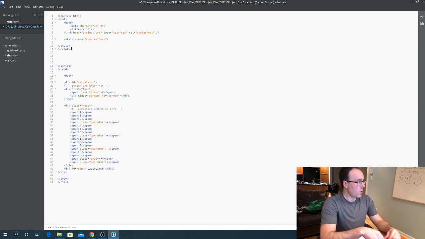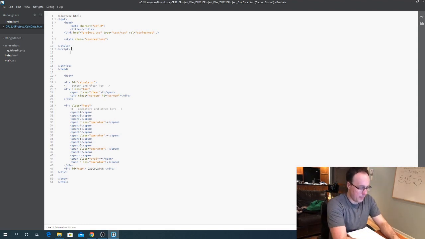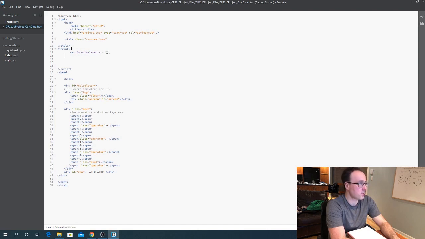All right, so from what we talked about on the whiteboard, I've got my global variables that I'm going to now add to my script. So basically, I'm going to declare var formula elements, and this is going to be an array. I've declared that, but I spelled it wrong. I just need to camel case it. Okay, formulaElements, and I'm going to go var original